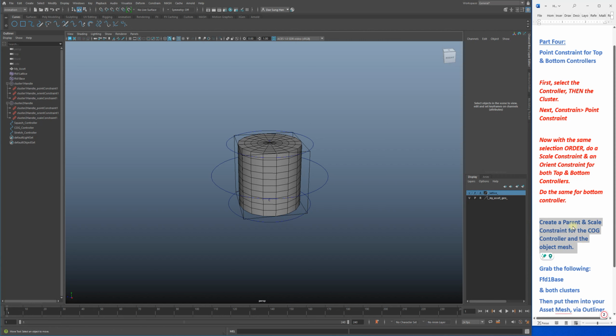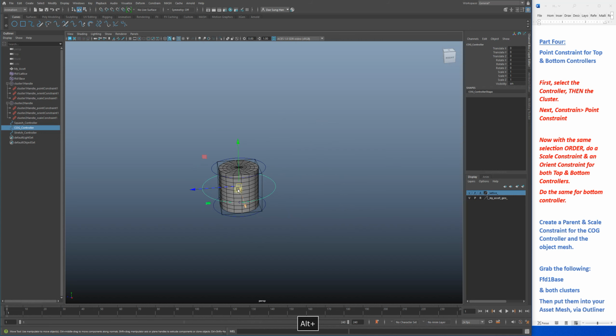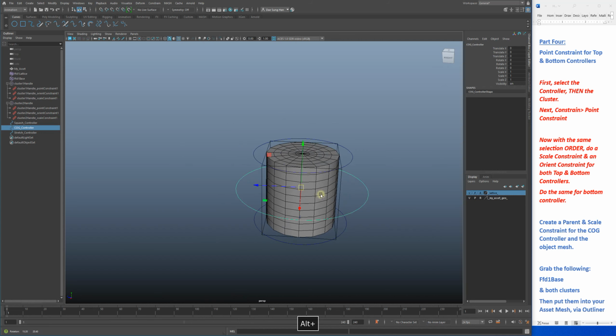Now I need to create a parent and a scale constraint for my center of gravity. Because my center of gravity does nothing. Yeah, it does absolutely nothing. So what we're gonna do is,